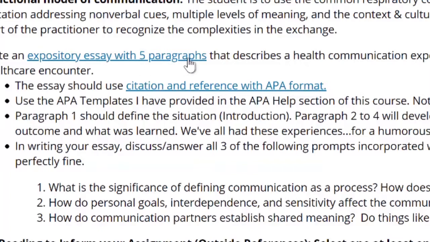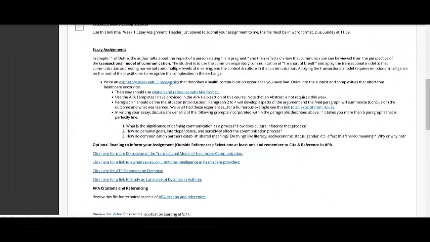At least 5 paragraphs. Most of the time you'll find that you'll probably need to do more than 5 paragraphs in order to get all of your thoughts out. But the point here is that we don't want it to be too short. It needs to be substantive. I'm not here to make you write 5 pages every single week. I appreciate concise papers. But I want to make sure that there's enough material there to properly get a grasp that you know the information from the textbook,